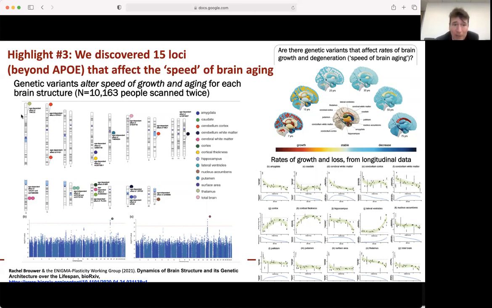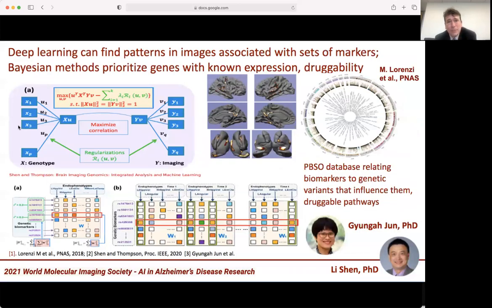Very, very interesting to mine the genome using images and discover markers that could be dangerous and then could be a potential target for drug development in interfering with the cascade that arises from having these variants. We also know that mass univariate detection of genetic features is not optimal. And so here's work by Marco Lorenzi at INRIA in France, and also work by Yunga Chen and Li Shen